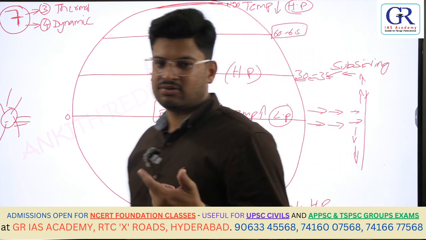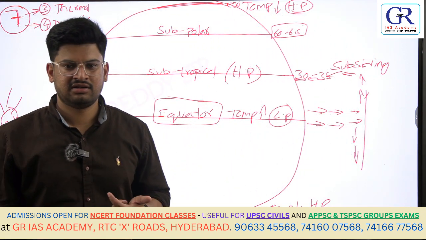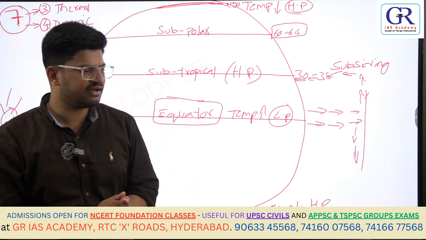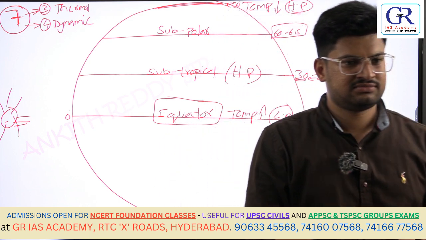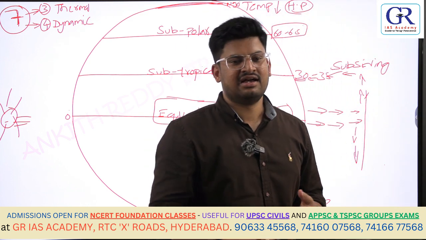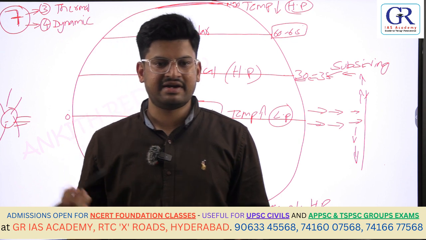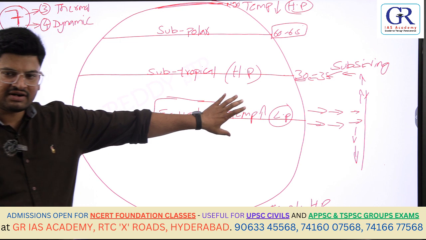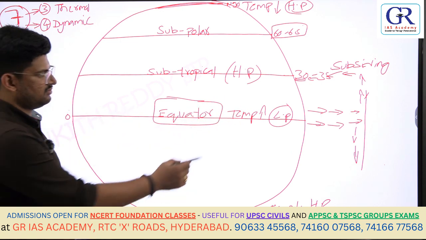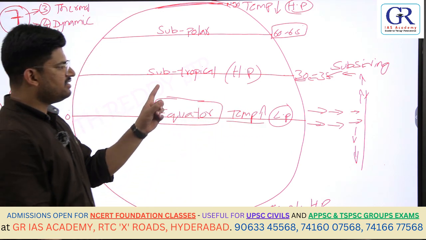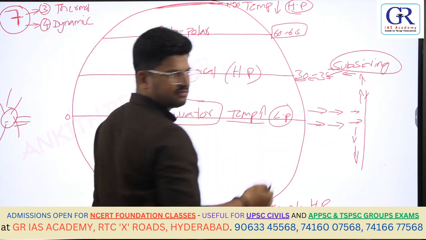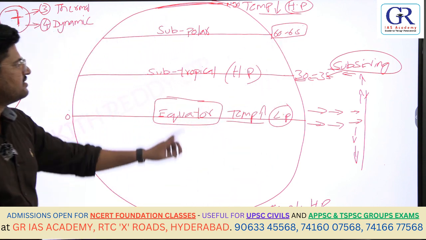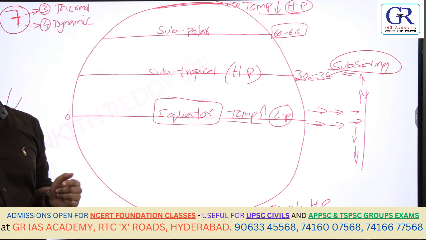See, Earth is a rotating body. It has centrifugal force and centripetal force. So what is centrifugal force and what is centripetal force? Or, let's say since the Earth is a rotating body, it has inward and outward force of movement. At the equator, what is the dominant feature? Temperature. At the subtropics, what is the important feature? Subsiding air. At the polar region, what is the dominant feature? Temperature. See, at subpolar there is no dominant feature.